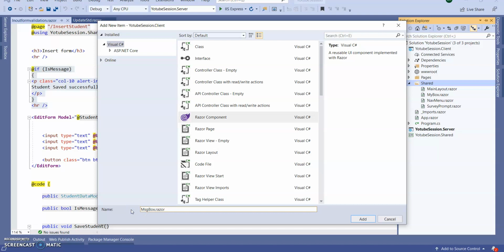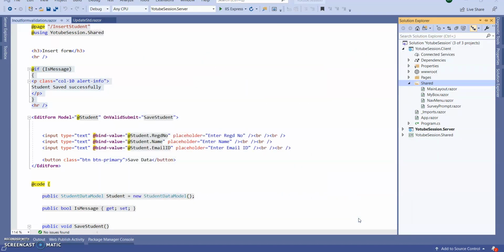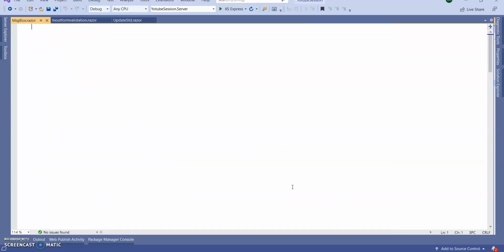I gave the name message box. Add this Razor component to your application. So we have created one Razor component.